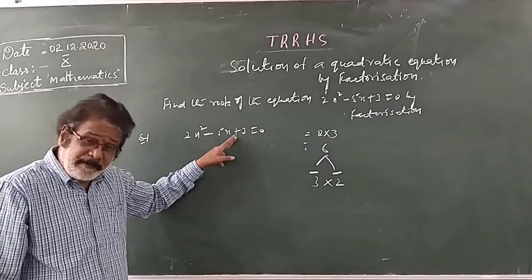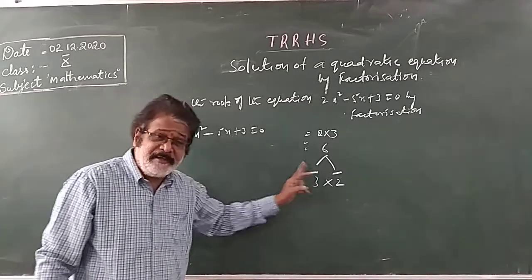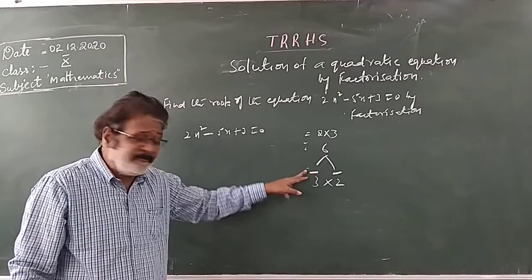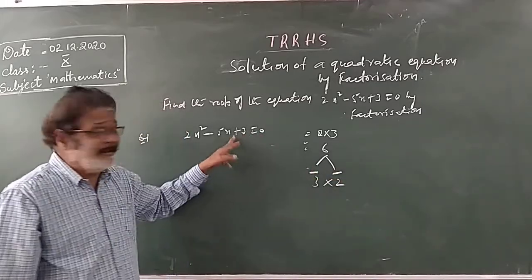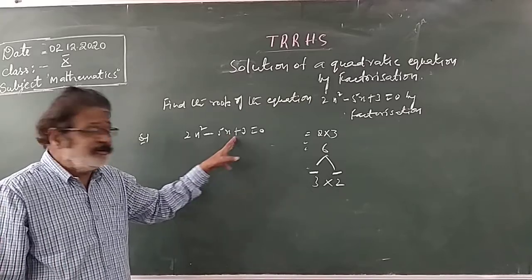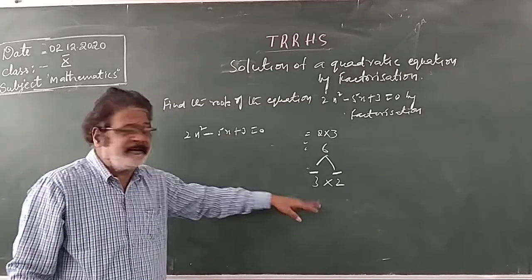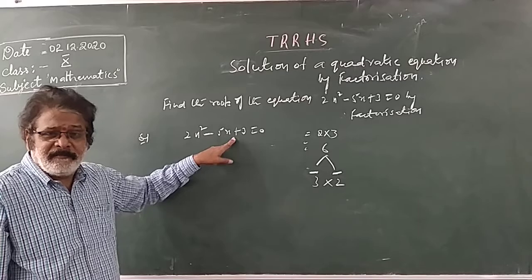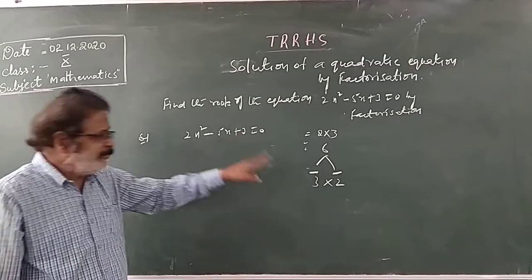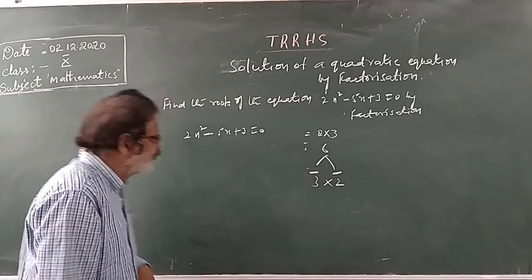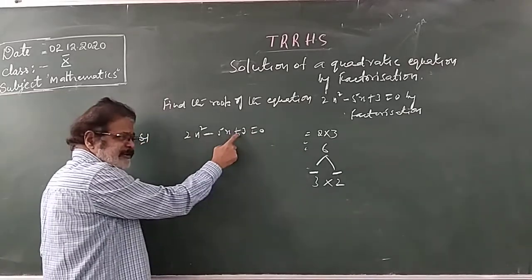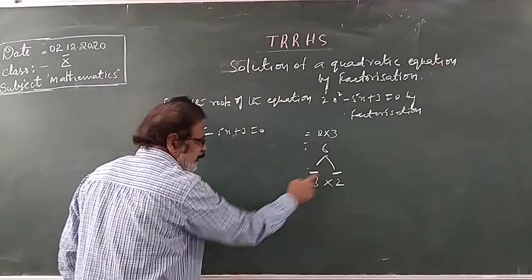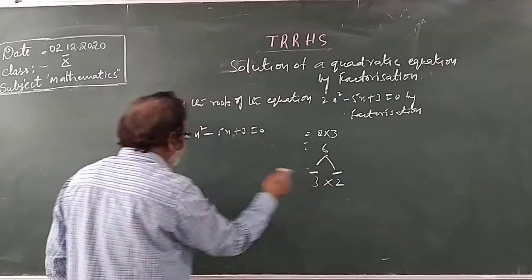When the constant is minus, give the opposite sign of the greater factor. The greater factor is minus, so the opposite is plus. If it is plus, it is minus. When the constant is plus, give the same sign of the greater factor. The greater factor sign is plus, and the constant sign is plus, so give the same sign. What is the greater factor sign? Minus, so it is also minus.